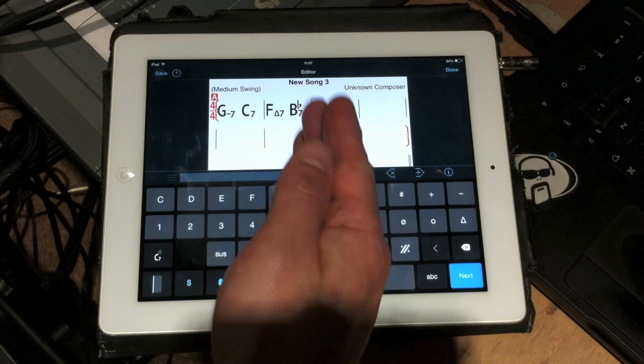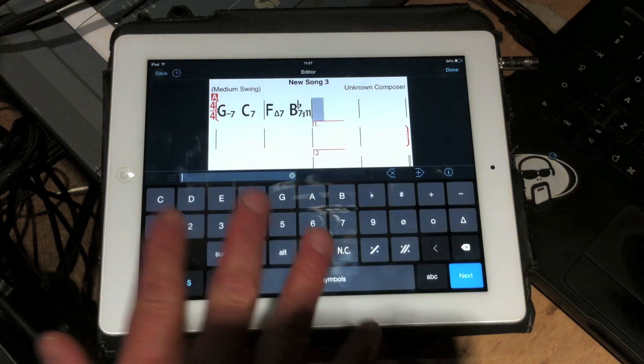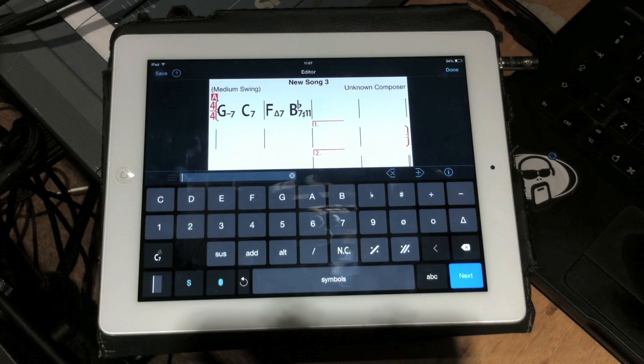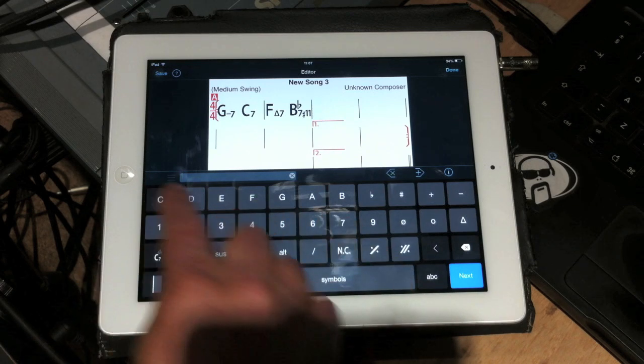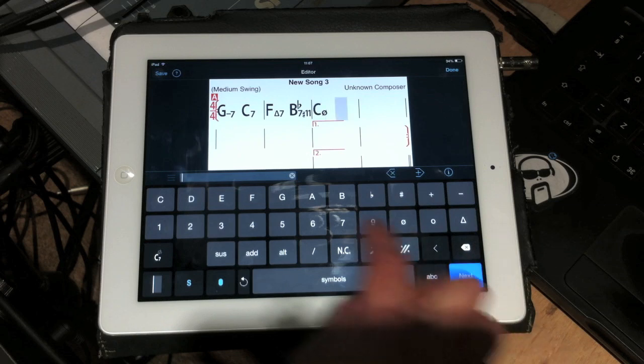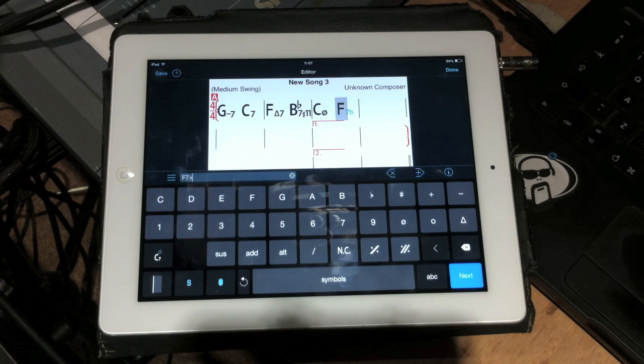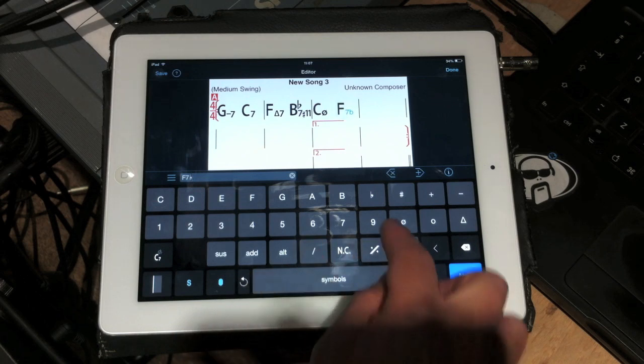Notice that the text is blue when you're typing things. If it's invalid as a chord, it will be blue until you make sure that you've got the right symbol there. So C half diminished, F7 flat. There we go. You can see that it's blue there. It's waiting for another number. F7 flat 9,